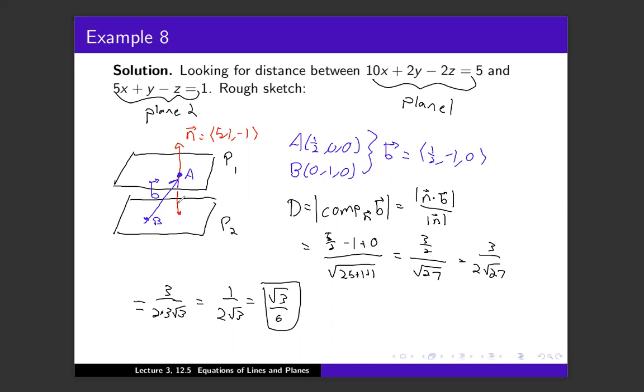Now, can you do that with the formula from before? Sure, you can, but I prefer not to, because I think this is just easier for me to see where all this is coming from. And a lot of students who've tried doing it this way with the scalar component formula tend to have more success. Okay, so if there are no questions,